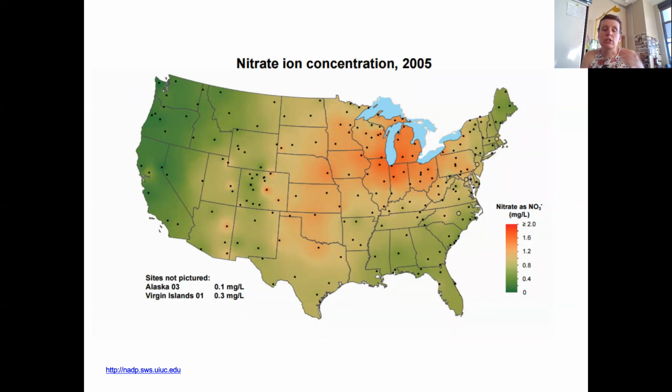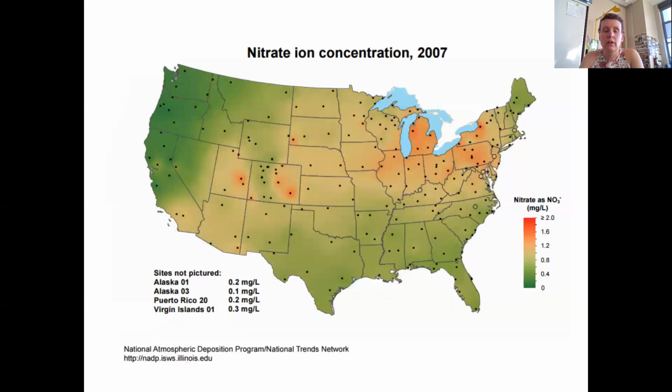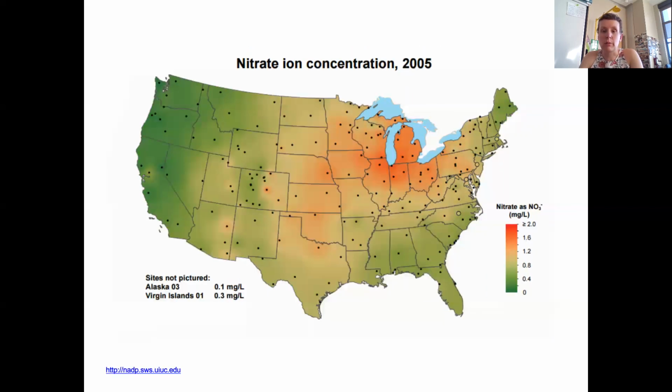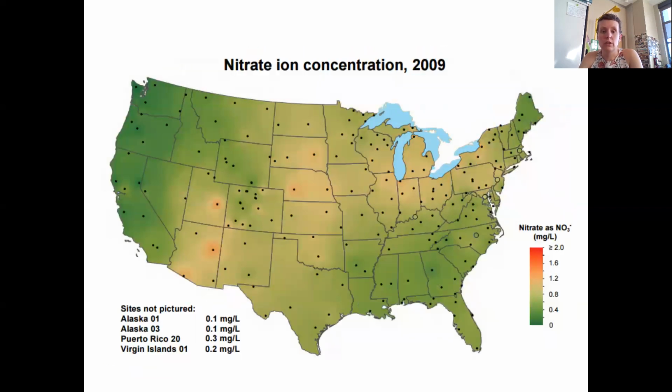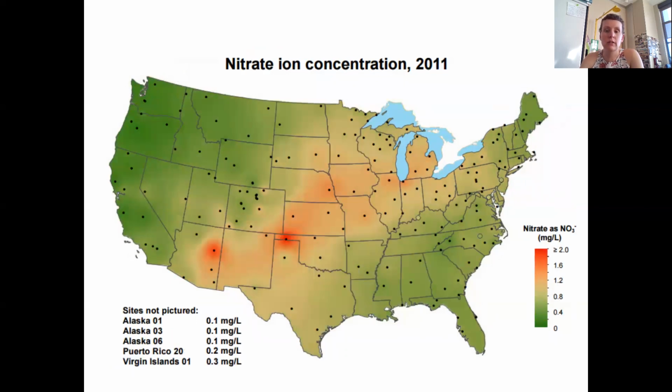So the NADP switched how they made their maps in 2005. So this is 2005, 2007, so we jumped a little bit. So we had major improvement in that gap. 2009, again, the more we know about this stuff, the more we want to control it and not let it into our atmosphere. 2011, a little bit higher in that Arizona,